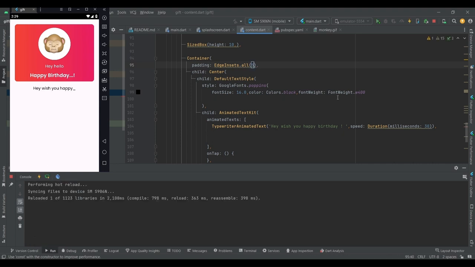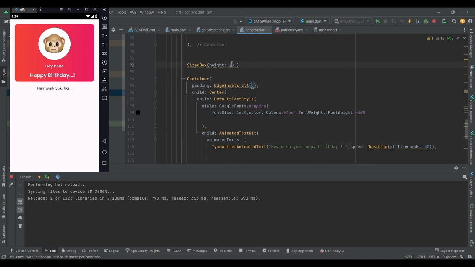Okay, now we have, and then here let's add more space. So we just need to add the confetti